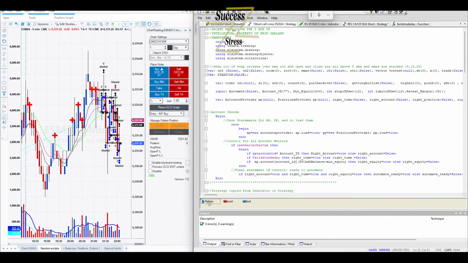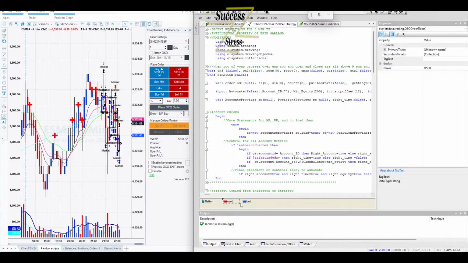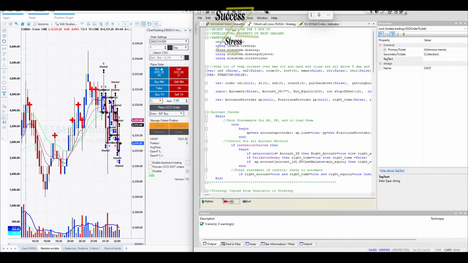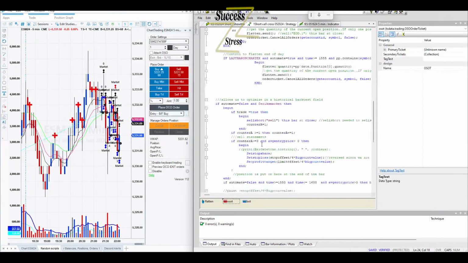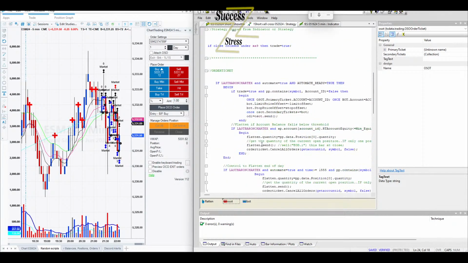So let's check the properties window for flatten, OSOT. The one sends order, and then the T. Oddly enough, though, it shouldn't even be. You know what?